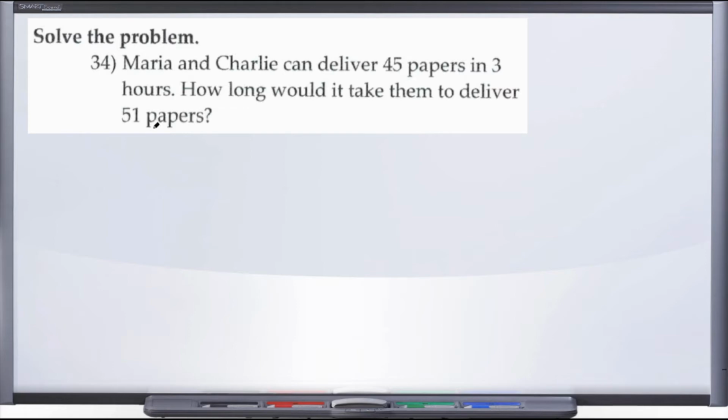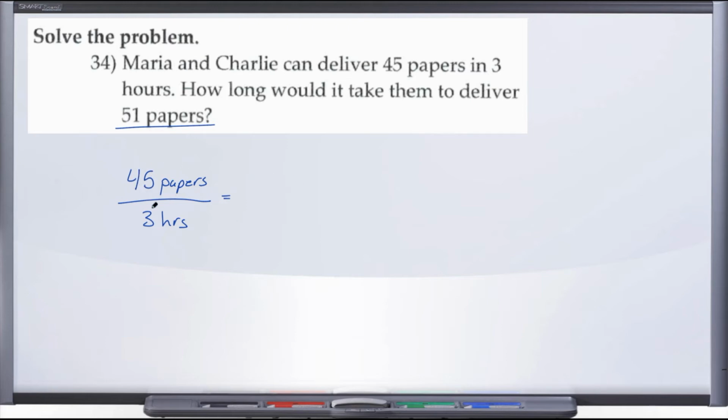How long would it take them to deliver 51 papers? Well, we're going to actually set up a proportion here, and what's important with proportions is to make sure that whatever unit you put in the numerator is the unit that you are being consistent with, meaning let's go ahead and set this up. So we're going to say if Maria and Charlie can deliver 45 papers in 3 hours, well, we want to know how long will it take them to deliver, and now this is what's important, 51 papers, but we have to make sure that we put the 51 in the numerator